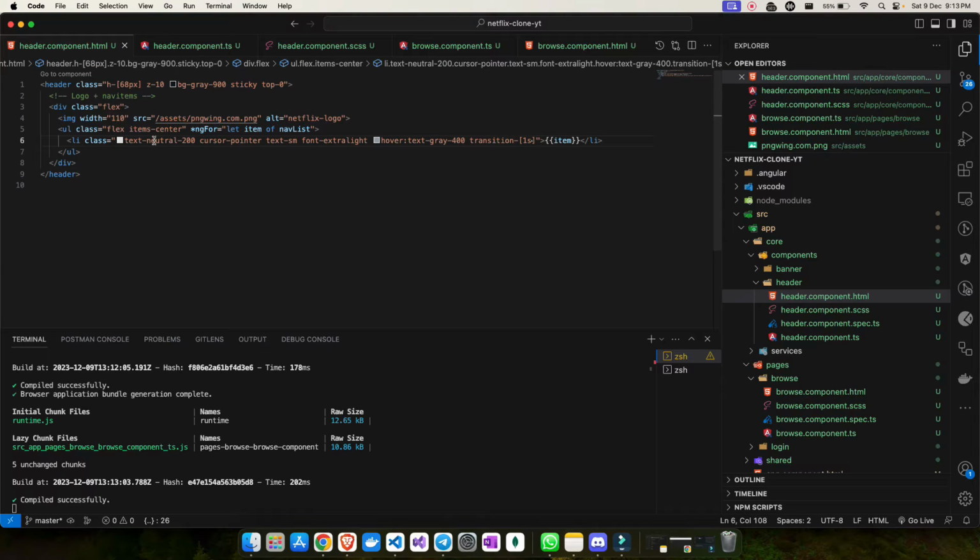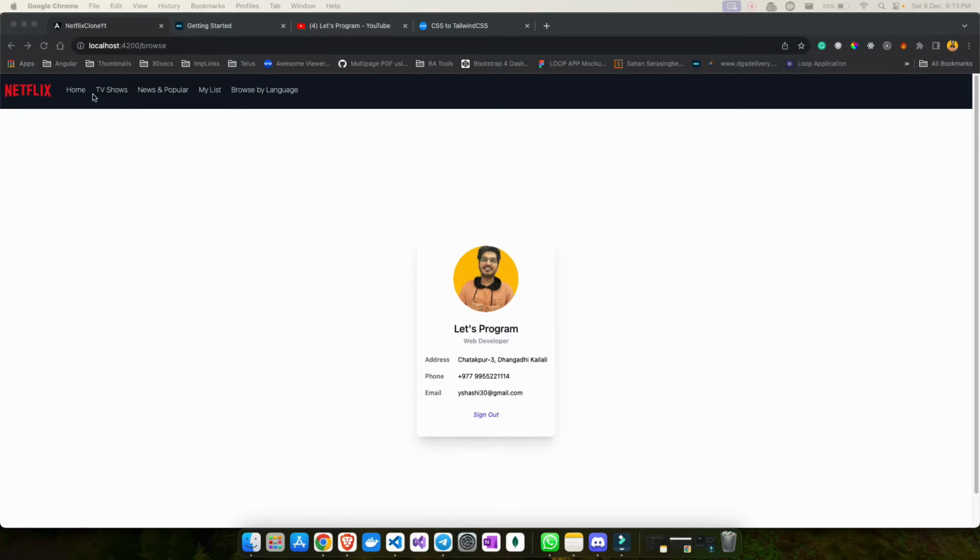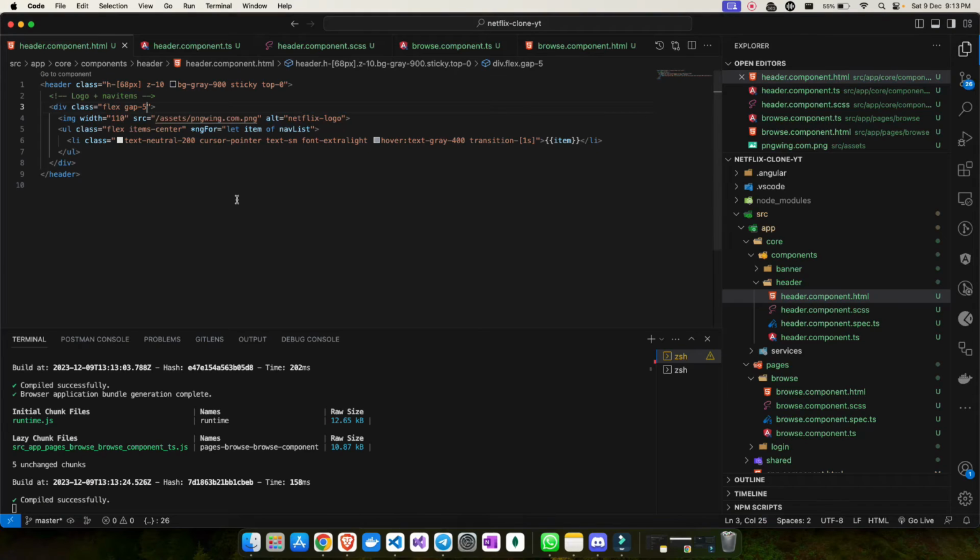Okay, now I don't just like it because I need some gap. So first of all, I need a gap between these two, so I will put a gap by saying gap of 5, which is 1.25 rem. And if I go here, that's how it looks. So now I have a pretty good gap between each of them. Okay, and now I can say 50% of my nav bar is done. So this section is done, which is logo plus nav list.